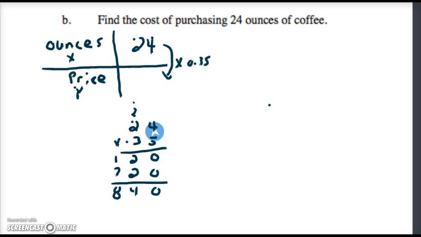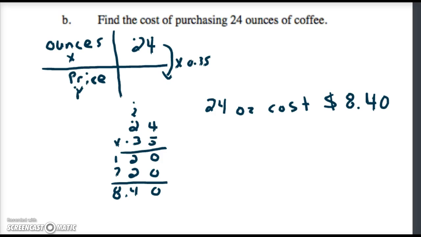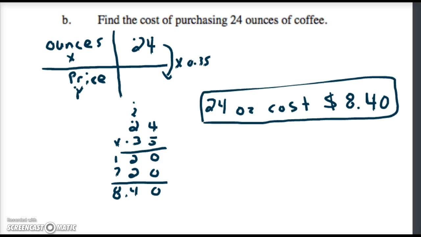So I've started by multiplying 24 times 35 as if they were whole numbers, and I arrived at 840. Now I just remember I have 2 decimal place values, so I'm going to move my decimal place left 2 places for $8.40. So as my final answer, we have 24 ounces cost